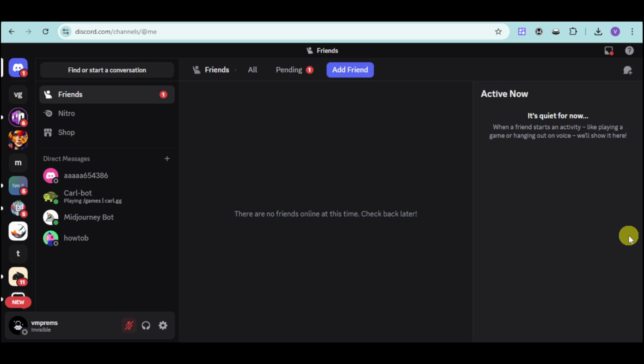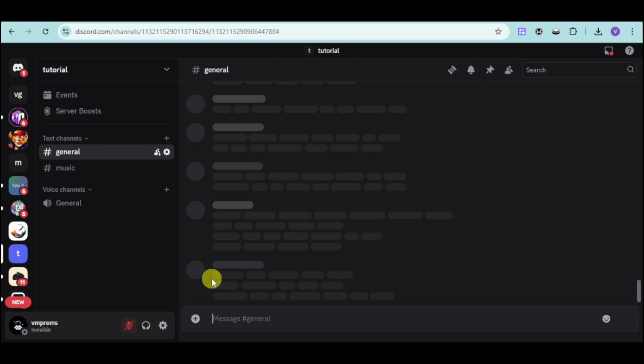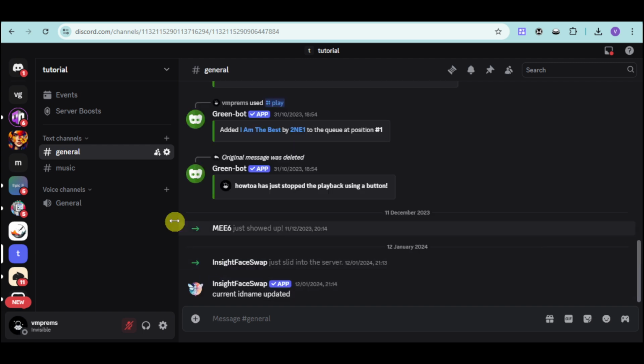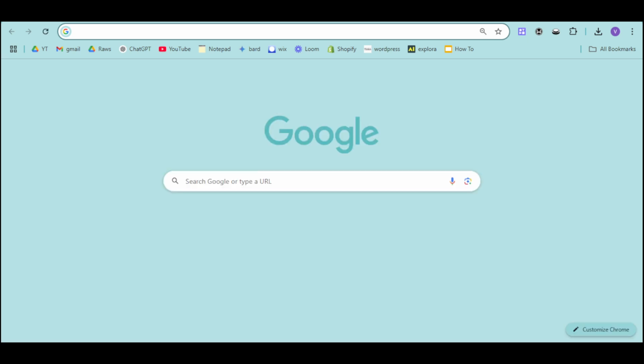Hi, in this video I will show you how to add apps to your Discord server. So first things first, head over to the server that you want to add those apps into. Now from in there, click on this plus icon in order to open a new tab and search in here